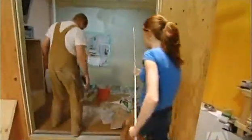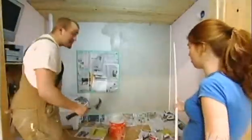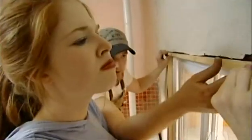You got so much paint all over the floor. You got paint on the floor. No, you got paint all over the floor. Trimming her window,